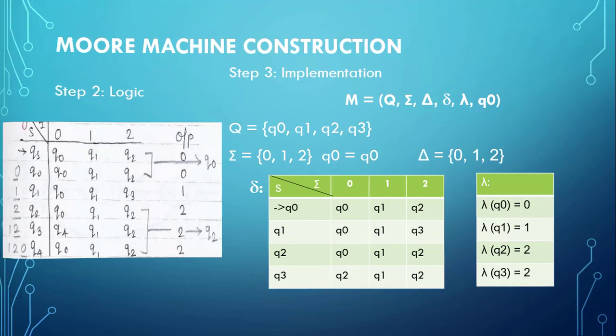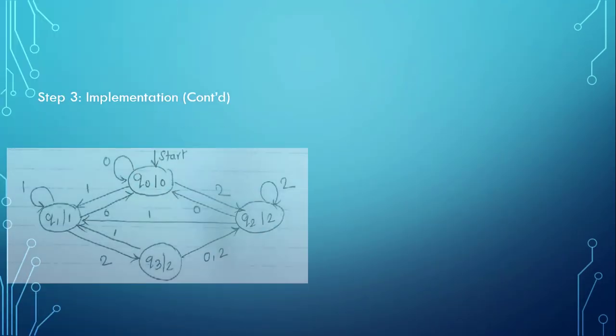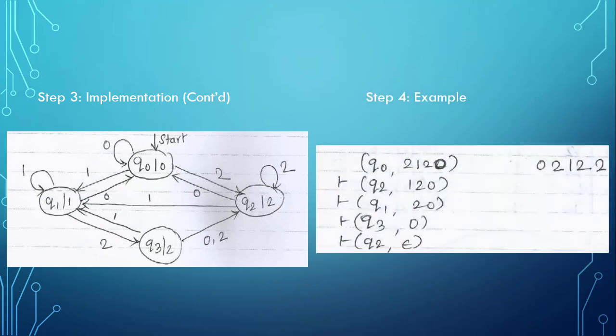So let us see the state transition diagram and look at an example that can help us understand how the occurrence of 120 gets changed to 122. Here we have Q0 as our start state, with outputs 0, 1, 2 and 2. So Q0, Q1, Q2 and Q3 are the 4 states. As soon as it encounters the given input string and finds 120 as a substring, it will replace the last bit of 120 with 2.